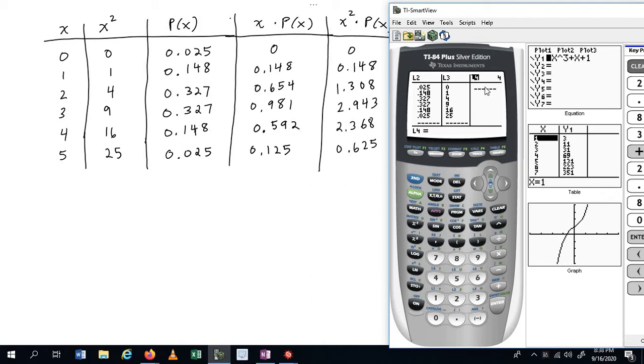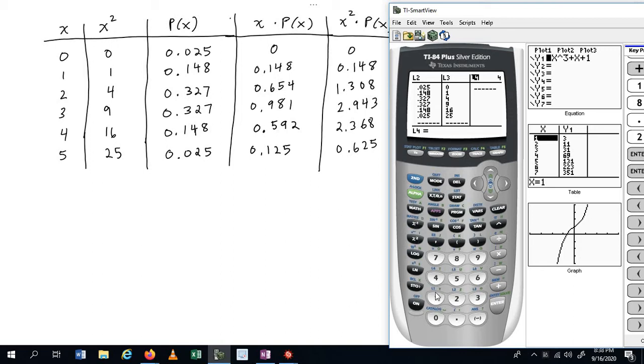Well, what we want this column to have in it is x times p, which would be, this is the column for x, and this is the column for p. So we're going to take L1 and multiply it by L2. That's x times p. Okay, so the way we're going to do this